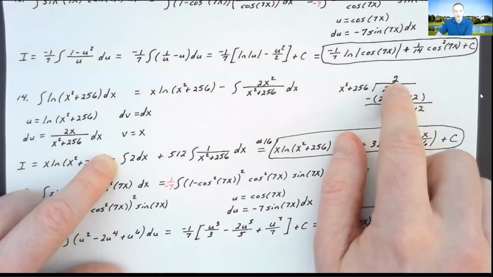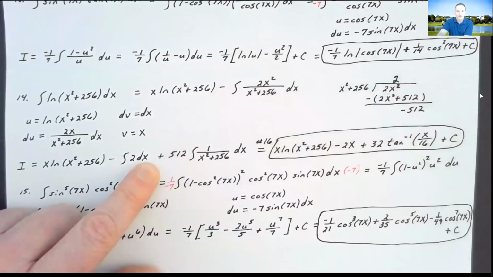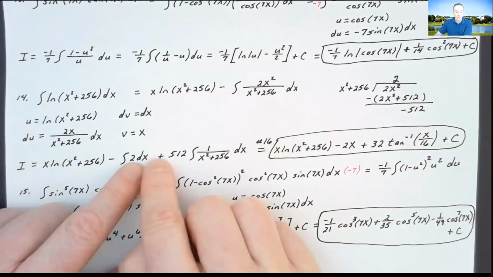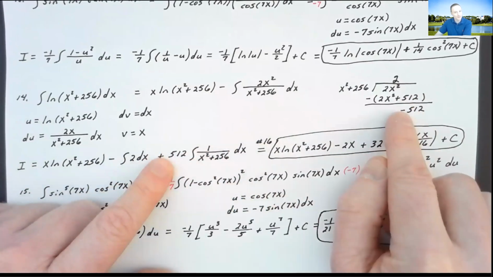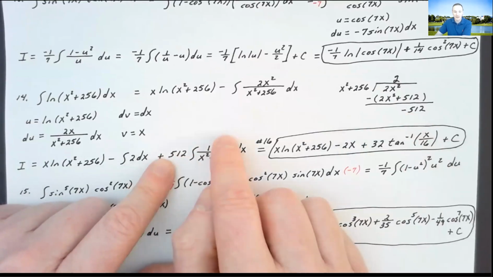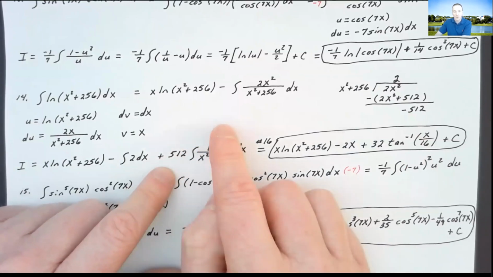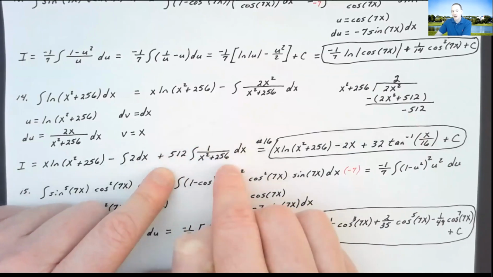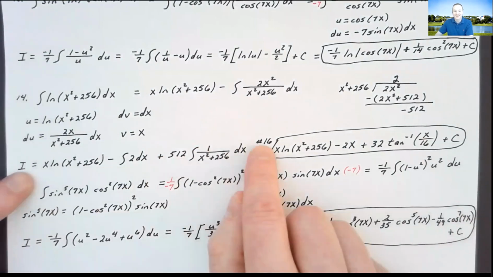Well, the first part of what I got from that, it's the integral of 2 with respect to x. That part divided out evenly. So I have minus the integral of 2 dx. And then I would also be subtracting, but this part's a negative, so minus a negative makes it plus a positive, and I'll factor out that 512. Instead of leaving the 512 over that denominator, I factored the 512 out, and then I'll have 1 over that denominator. I recognize that denominator, that's the same thing as x squared plus 16 squared, and then coincidentally, the table